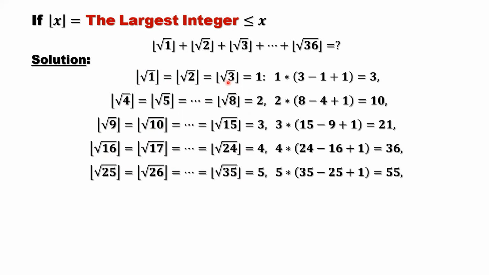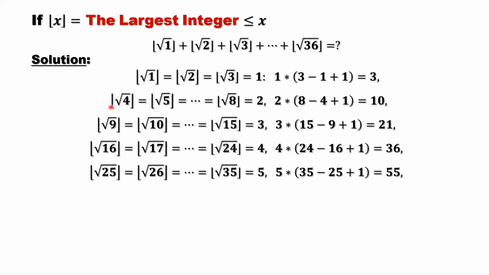Okay. Now, this is 1, this is 1, this is 1. How many ones here? 1, 2, 3, 3 items. So each item equals 1. So the sum of the first 3 is what? 1 times how many items? When we count how many items, we always use the last number minus the first number plus 1 if they are consecutive numbers. So here that's 3 minus 1, then plus 1, which is 3. 1 times 3, that's 3. So the total subsum for the first 3 items, that's 3.